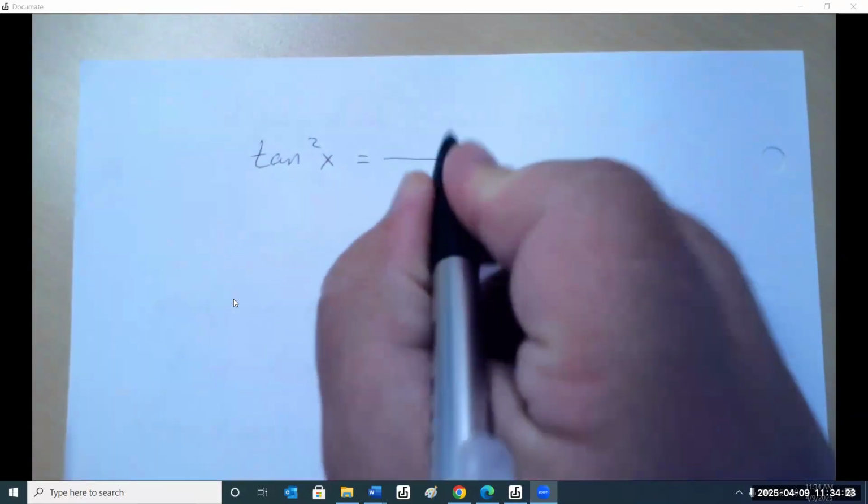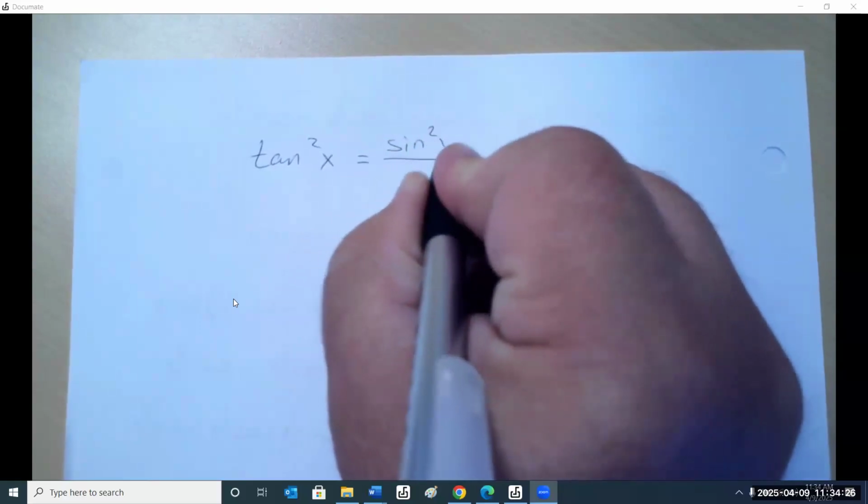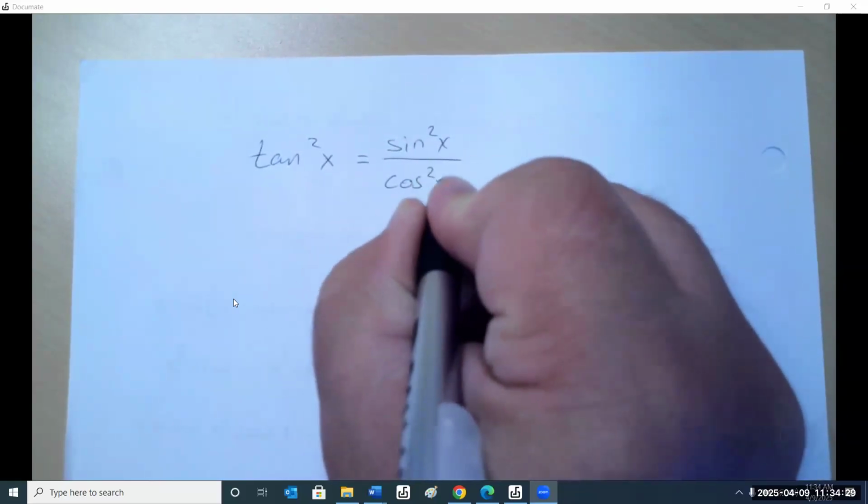What is tangent squared x? Sine over cosine. So